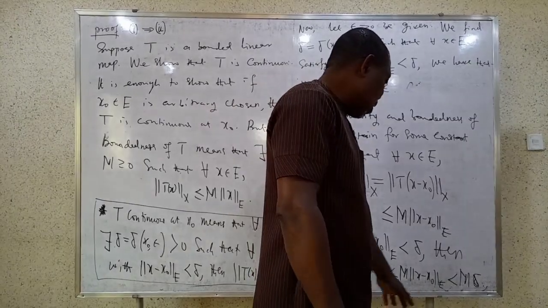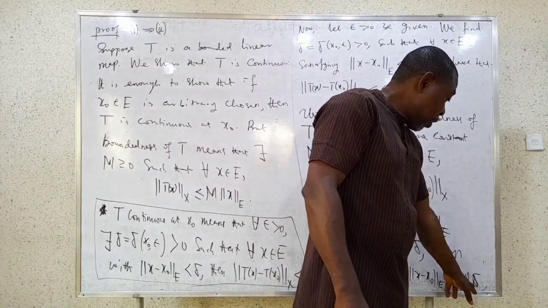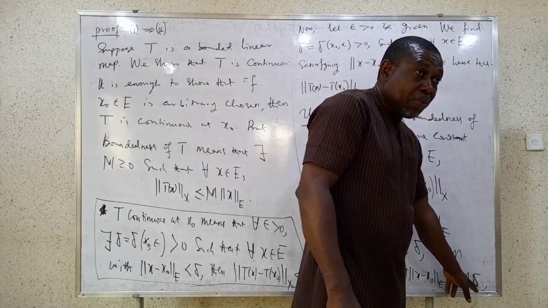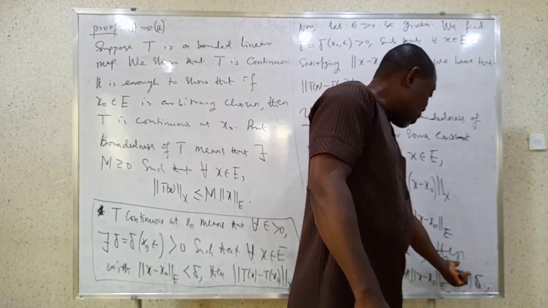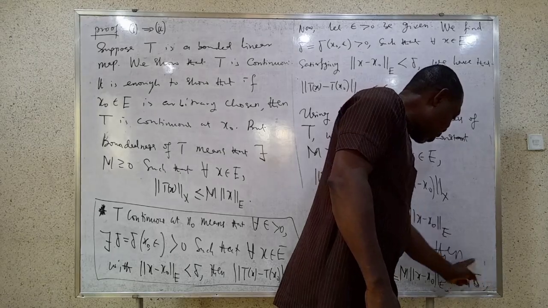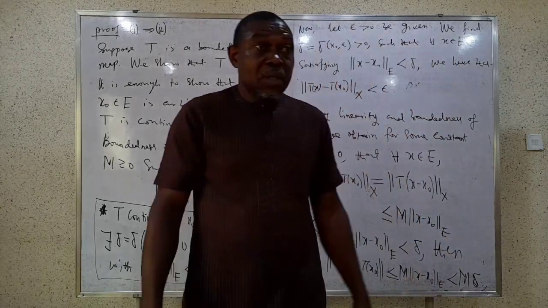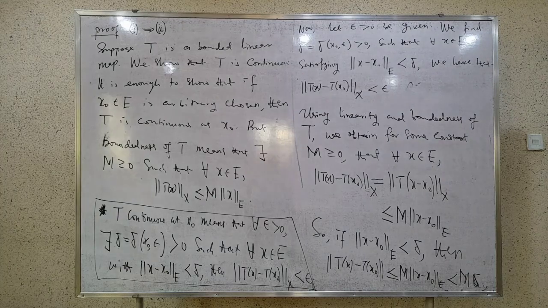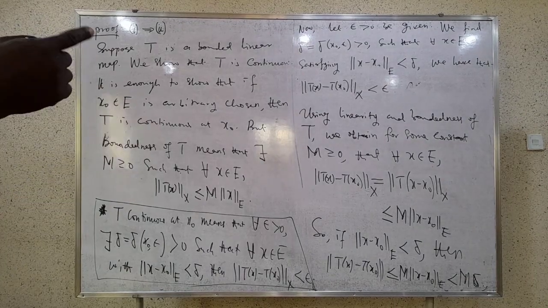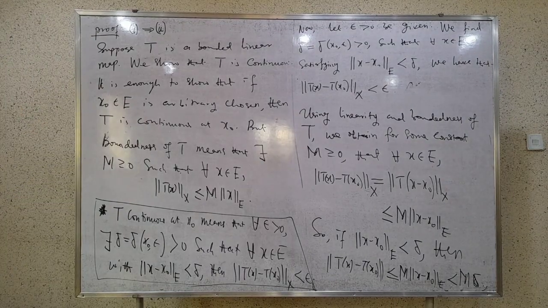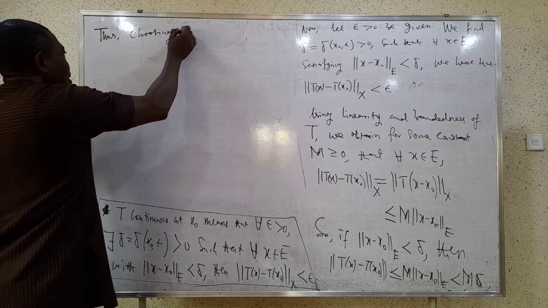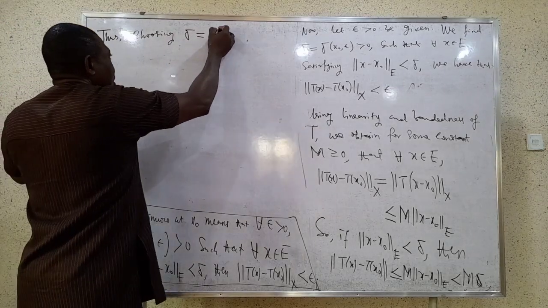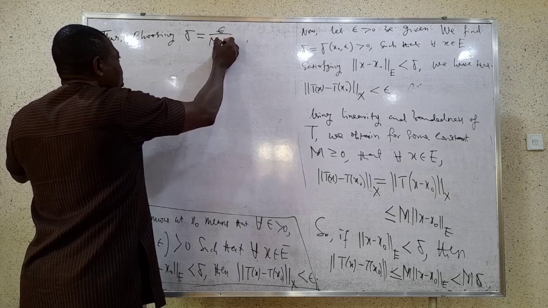In that particular case, in making the choice of delta, we also have to be very careful and we play a little trick so that we don't have 0 in the denominator. We will choose this in such a way that whatever remains here will be epsilon. So we choose delta to be epsilon over m plus 1, a positive constant. Choosing delta equals epsilon over m plus 1,